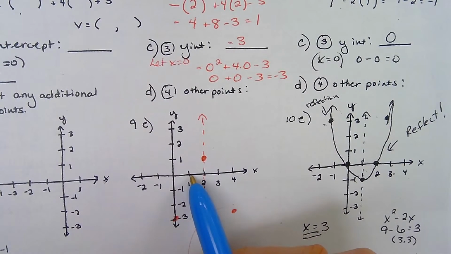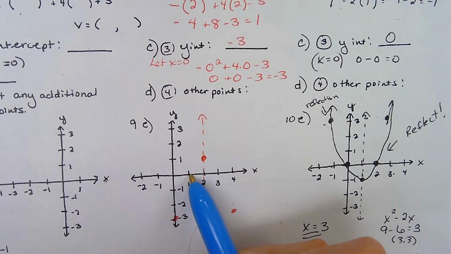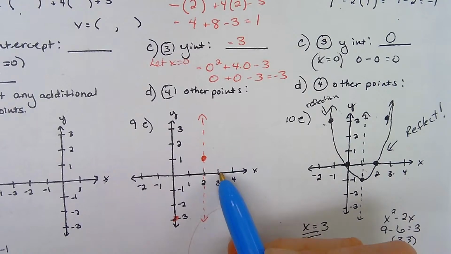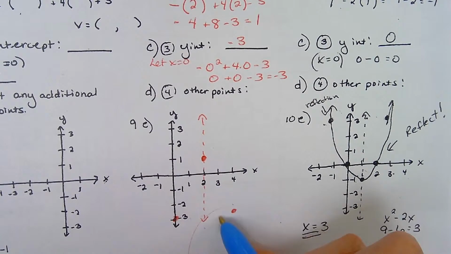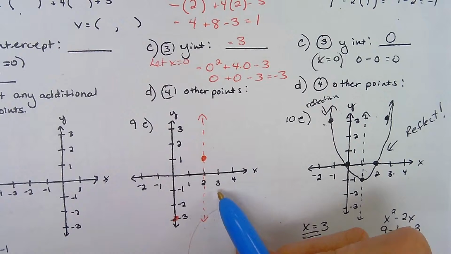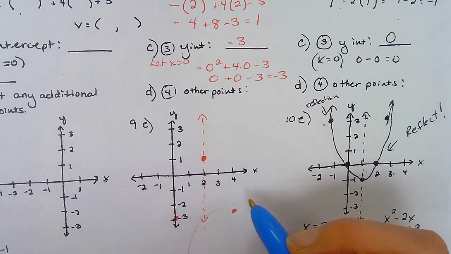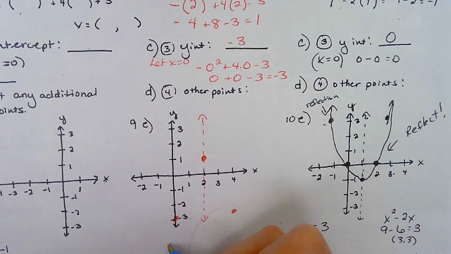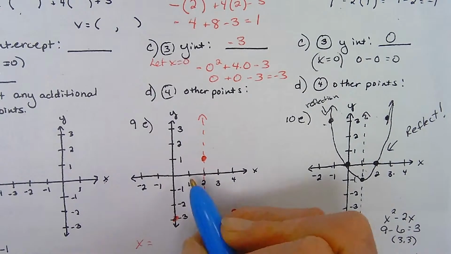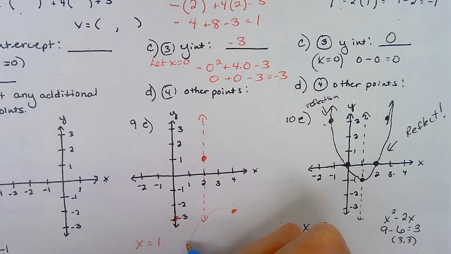So I have a value here. I could try x equals 1. I don't have a y value yet for that x value. Or I could try 3. I don't have a y value yet for that x value. And if I plug in 1, I'll get some value out for y. So in my function, I'll put in x equals 1. So the function is, just to rewrite it down here,